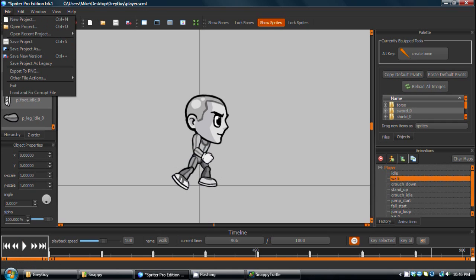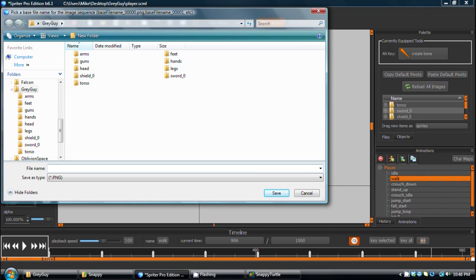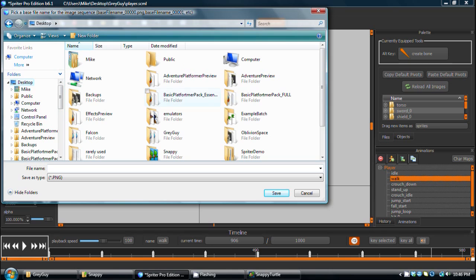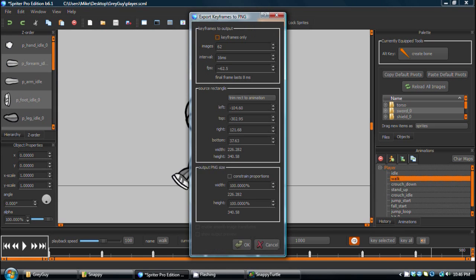you can always export that animation as sequential PNG images. As you can see here, you just choose where you want them to go, enter a name for your frames, and then choose if you want to only save out the keyframes or if you want a specific number of images, and it'll divide the animation evenly between that many frames, or if you want to designate a specific frames per second. So in other words, if you wanted the walk cycle animated at 24 frames per second, you just